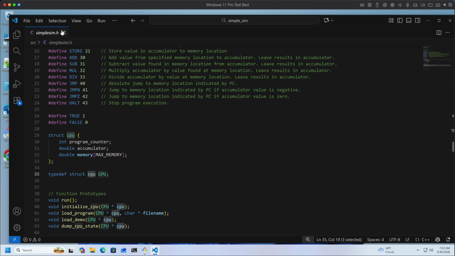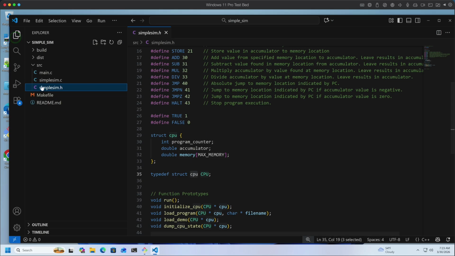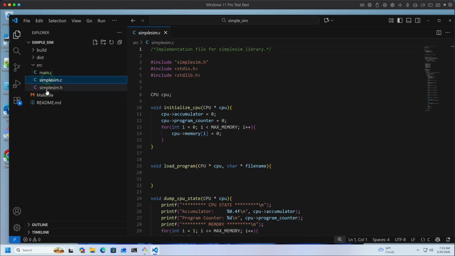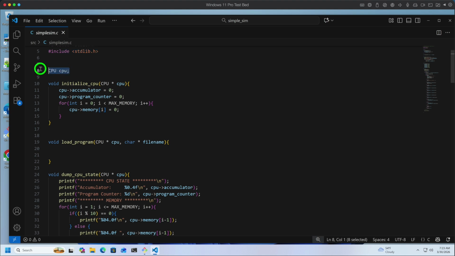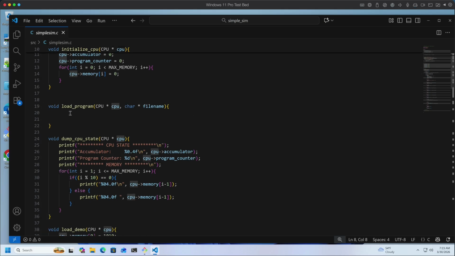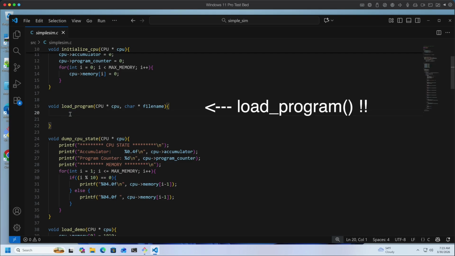Now, where is this file used? This file is used in simplesim.c. So we include simplesim.h, stdio.h, stdlib.h. We declare a CPU, lowercase here in this case. And then we have our initialize CPU. You don't have to change that. The load program function here is not implemented, right? So you're going to have to